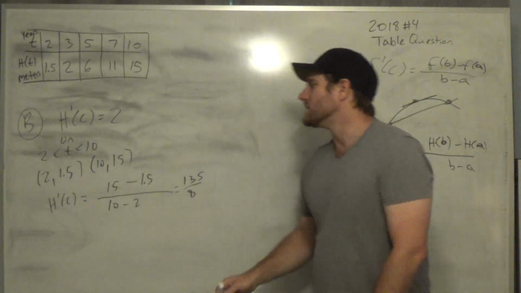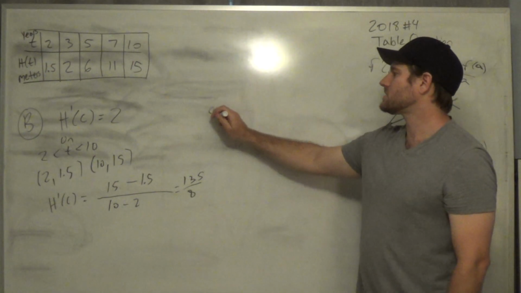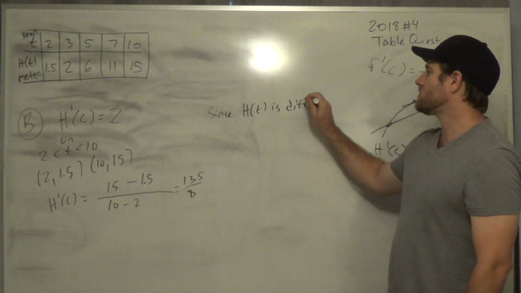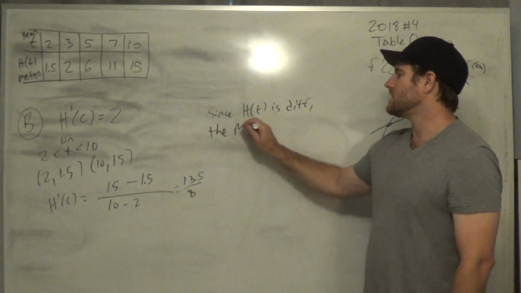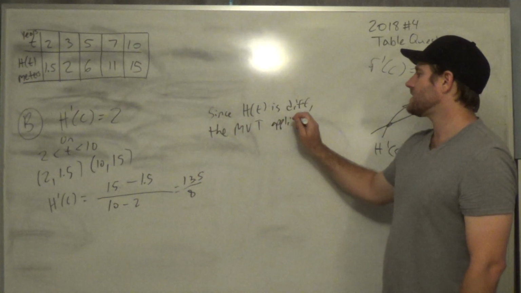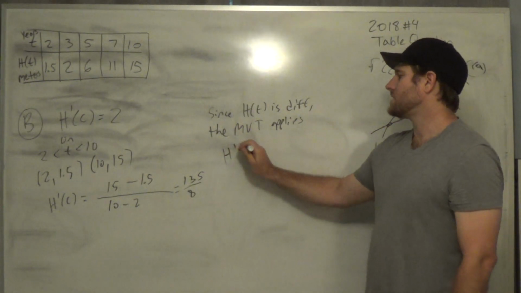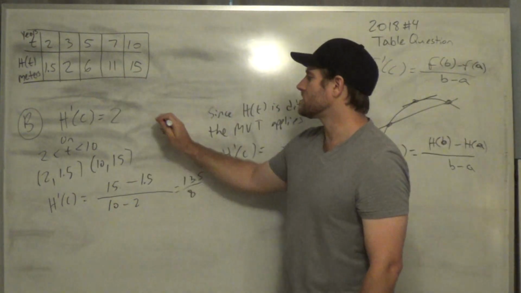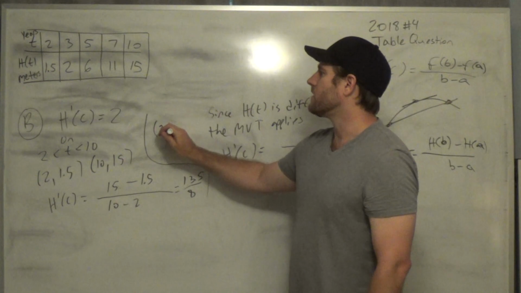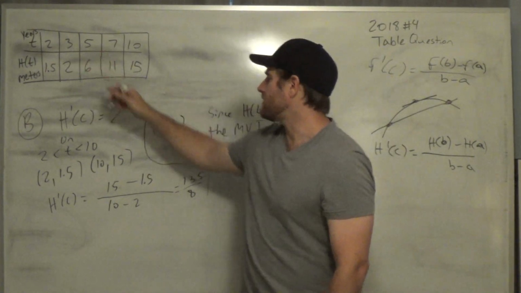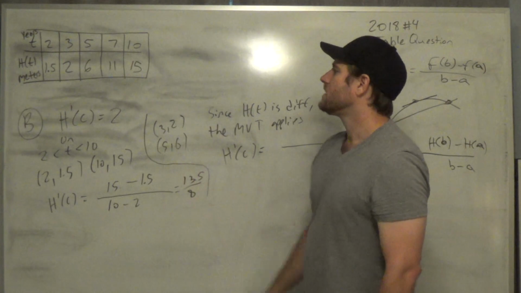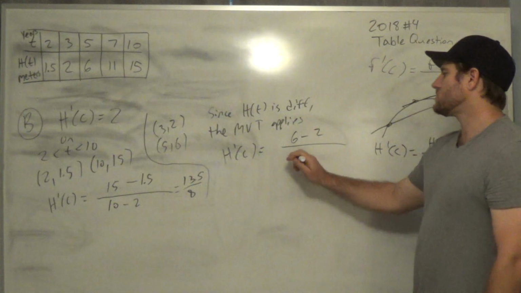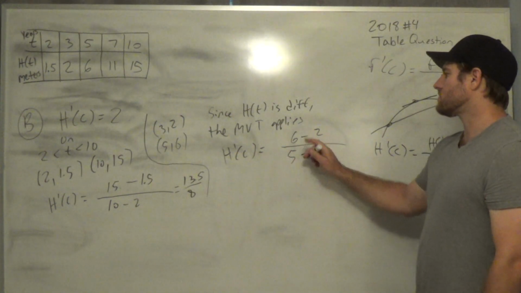So, anyways, since h is differentiable, the MVT applies, and we're guaranteed h prime c would have to equal, and again, I'm going to be using these ordered pairs here. I'm using the ordered pair of 3, 2 and 5, 6, or in other words, h of 3 is 2, h of 5 is 6, and I get 6 minus 2 over 5 minus 3, so 4 over 2